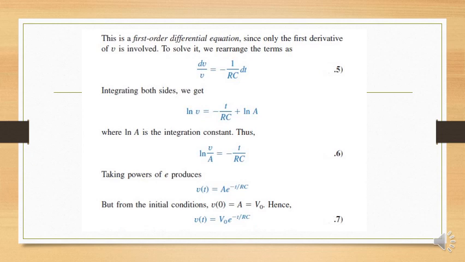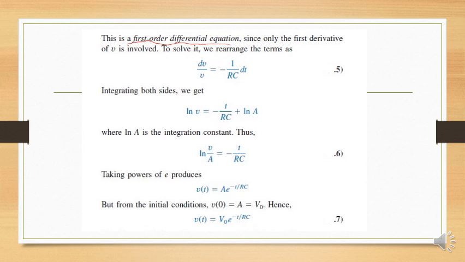This is a first order differential equation. Yes, it has a derivative in it, and the derivative is of order 1. It is not a squared derivative, so it is a first order differential equation. We will also study later in this course second order differential equations, second order differential circuits. But for the next 3 to 4 lectures, we will work on first order differential equations only.